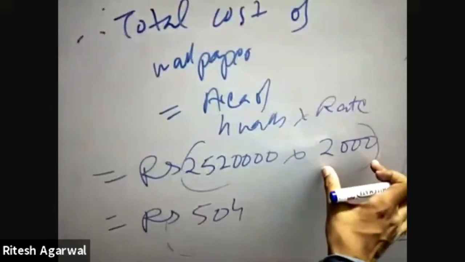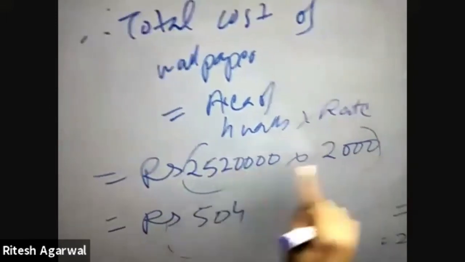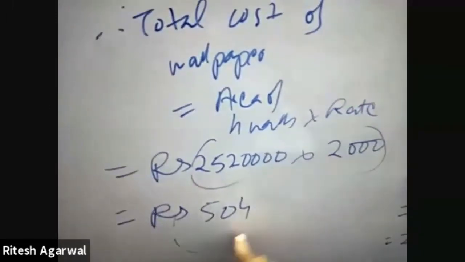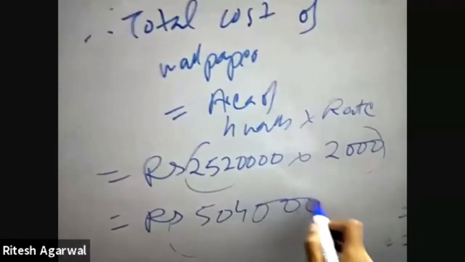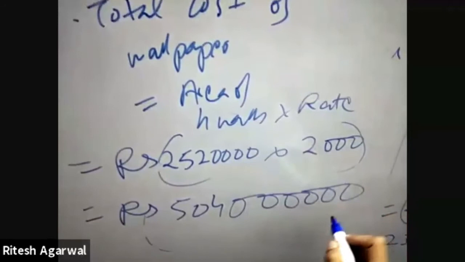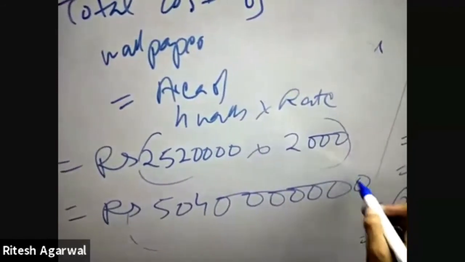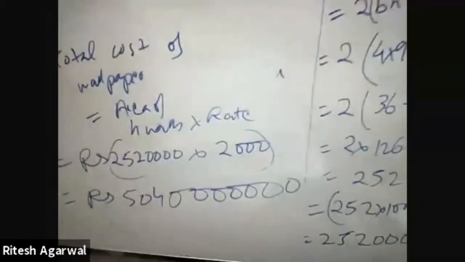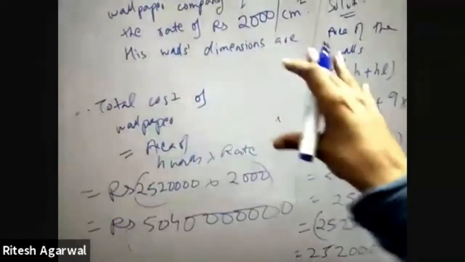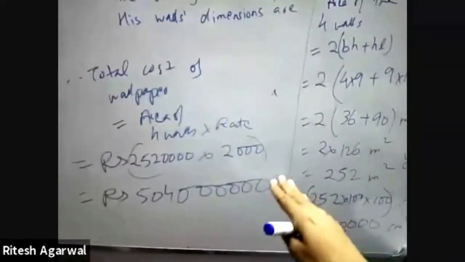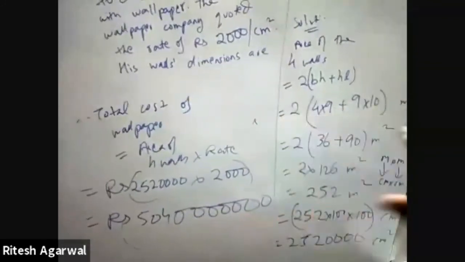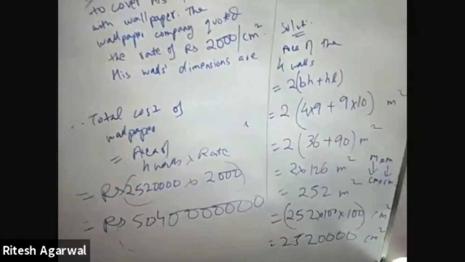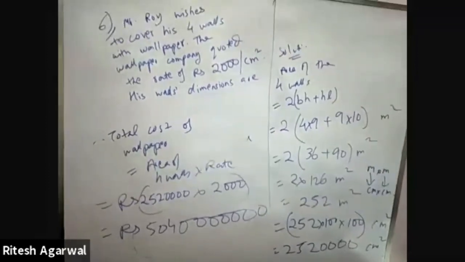So how to multiply this big number? Just multiply 252 by 2. You get 504. And then add 1, 2, 3, 4, 5, 6, 7 zeros. The absurdity of this sum is because I made up the sum. So the calculations have been such that the amount of wallpaper has run up to crores. But anyway, this is the calculation and this is how you do the total costing. Okay, I will stop here today.